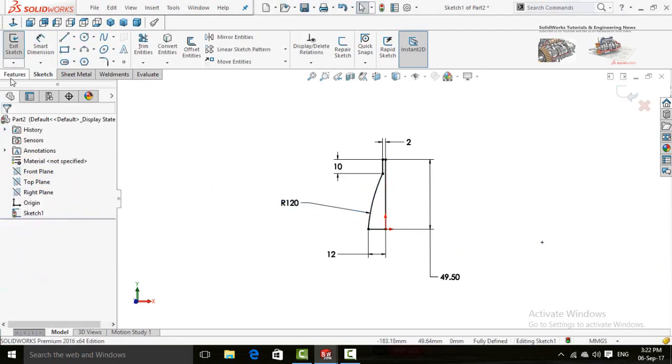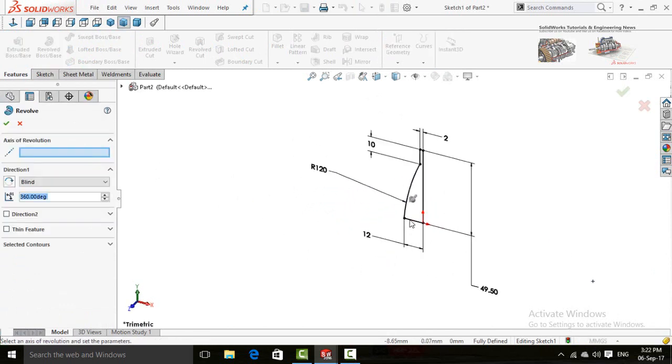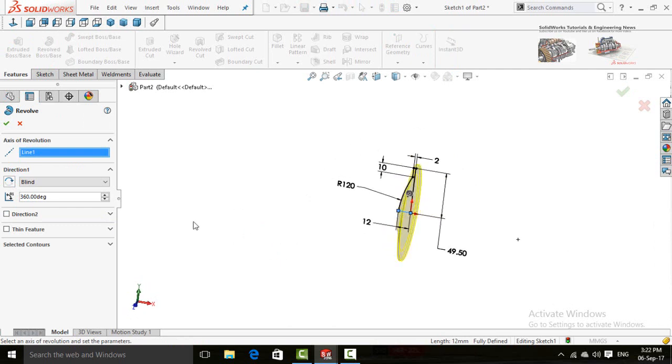After that, press OK and then click on Features tab, then select Revolved Boss Base command. Now click on this line as axis of revolution. Press OK button.